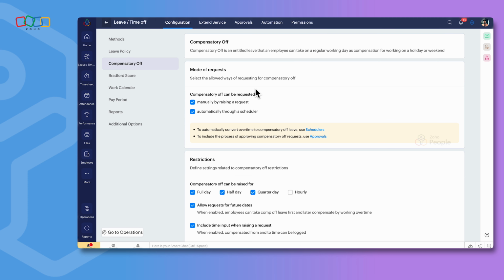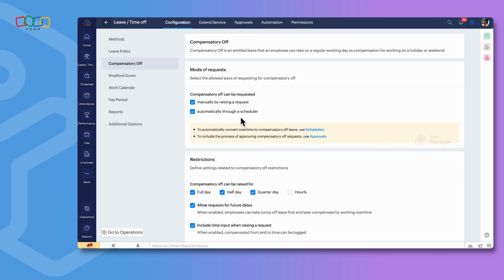When they are submitting a compensatory request, there are two different ways. One is manual submission, where an employee can go and manually raise a request in the system. That is called manually raising a request. The second method is called automatically through a scheduler. You can create a scheduler in the system, and this scheduler can automatically submit comp off requests in the system on behalf of an employee.